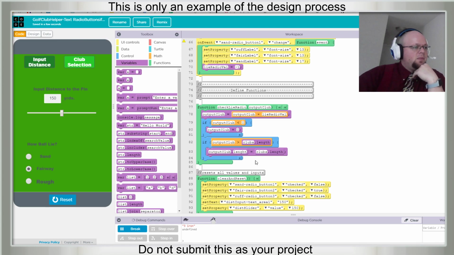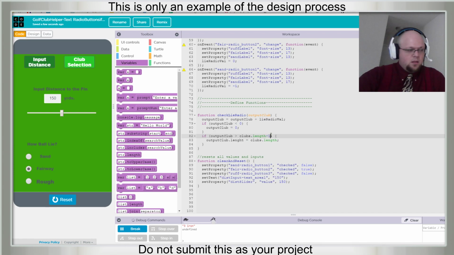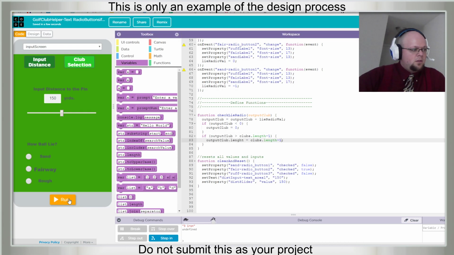All right, so here's what we're gonna fix. The next time we call this, when we put in length -1, if the output is past length -1, we'll make it length -1, and this should say 3 iron, 3 iron.